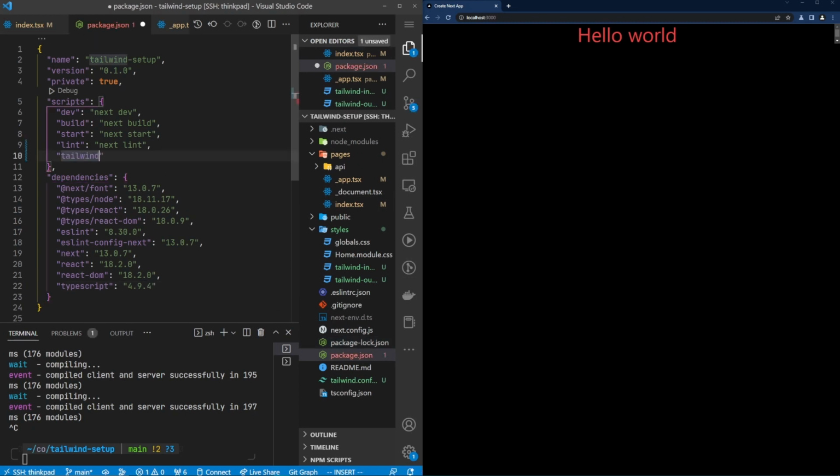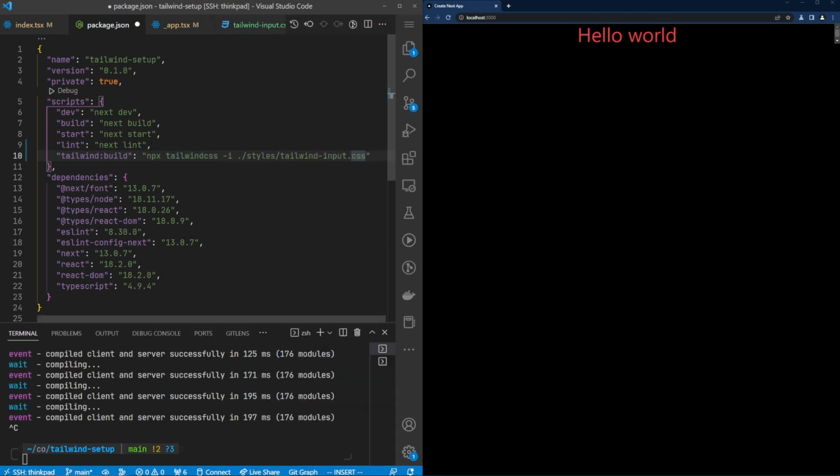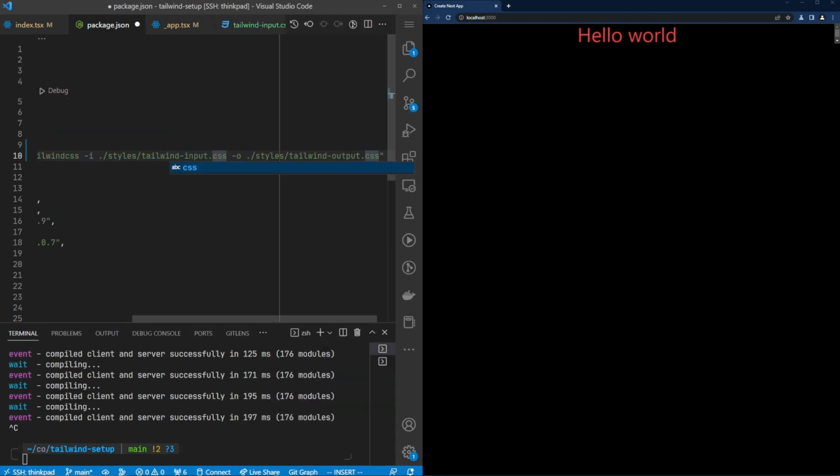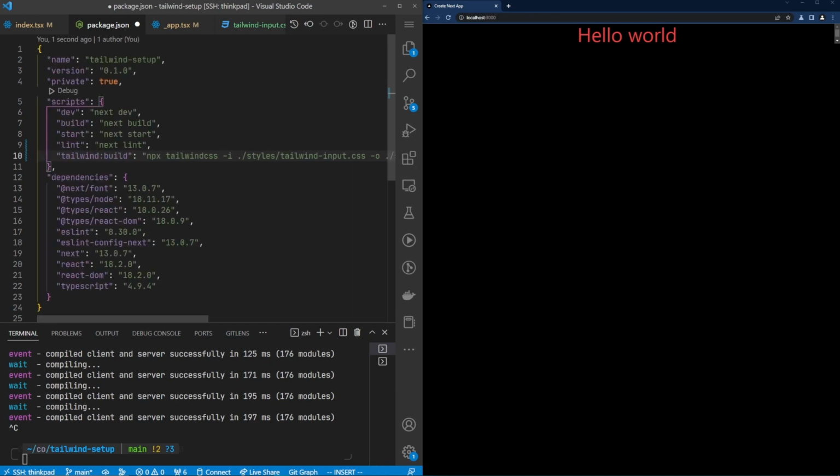scripts to it. So what I did is I added a Tailwind build script. This command is going to be basically what we typed in before: npx tailwindcss, path to the input file, and the path to the output file. Now, since this is the build command, I'm not going to add the watch flag because this is just going to be run before it builds. And in our build script, we can modify this by putting npm run tailwind build. So now anytime I run build, it will first build my Tailwind CSS files, and then it